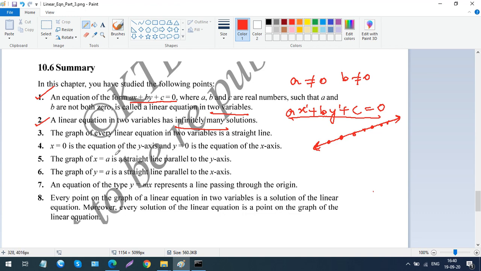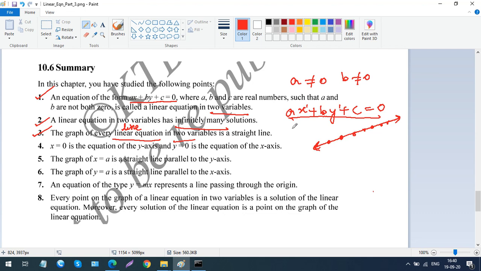Obviously whenever you see a linear equation, the word linear comes from the line. So any kind of linear equation is going to be a straight line. Let it be a two variable linear equation or a one variable linear equation, it's going to be a straight line for sure. Here they have told that it's for two variables, but not only for two variables, even for one variable it's going to be a straight line. The moment you see the degree of the equation is 1, you are going to get a straight line.